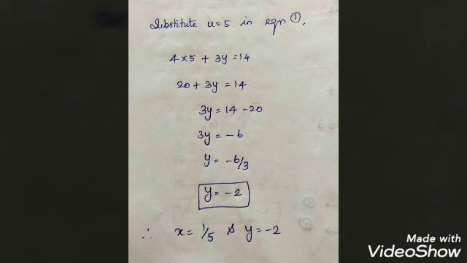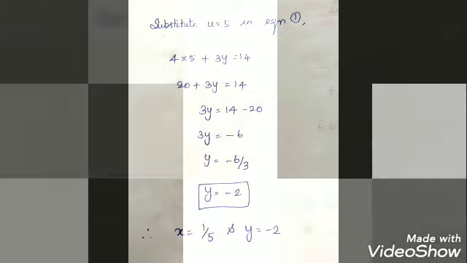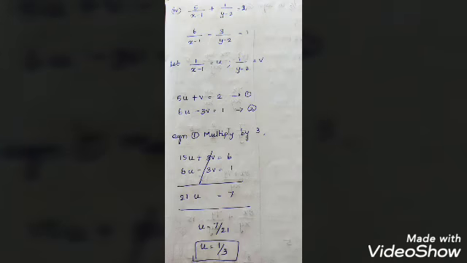This is nothing but, first we have to take that 1 by x is equal to u. Here y as it is we are going to keep. Then using the eliminating method, we are eliminating any variable. Then we are finding the value of another variable. Finally, we are using the substitution method and substituting the value and finding the solution. Next, your fourth subdivision, 5 by x minus 1 plus 1 by y minus 2 equal to 2, 6 by x minus 1 minus 3 by y minus 2 equal to 1.